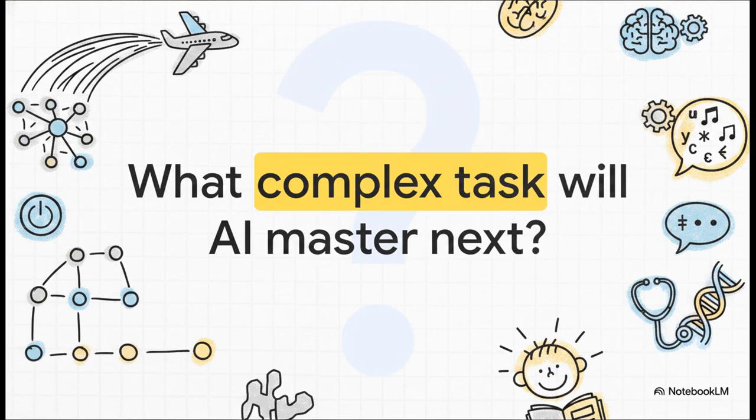And that brings us to one final thought I want to leave you with. We started off today by comparing AI to the invention of the airplane, focusing on the soaring results rather than trying to perfectly copy nature. We've seen how this idea evolved from simple on and off switches in the 40s to these incredibly robust systems today that can diagnose illnesses, translate languages on the fly, and learn patterns just like a child. So knowing just how far this flying machine of the mind has already come, what complex human task do you think AI is going to master next?